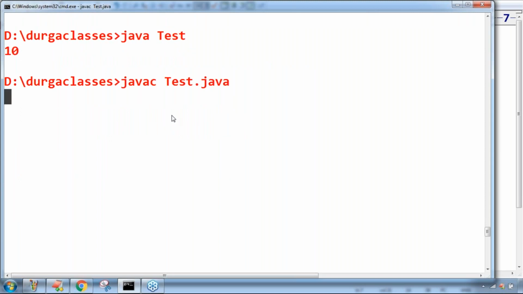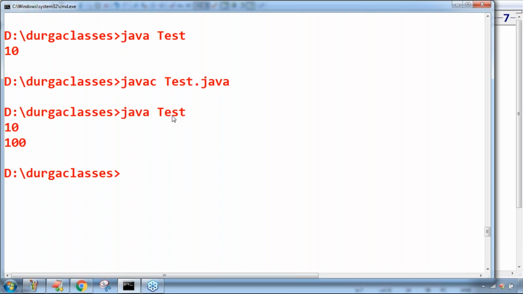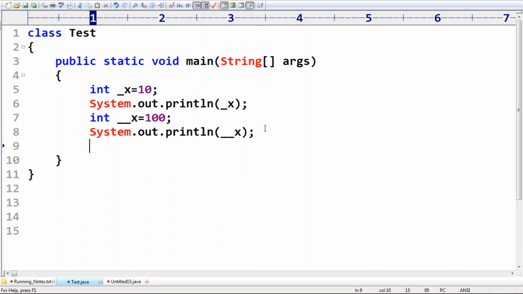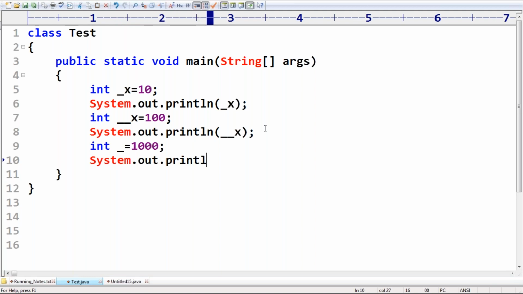Perfect, it is also valid, 100 is the answer we are going to get. Now my question is, int _ is equal to 1000, System.out.println of underscore. Can you please confirm what output we are going to get?